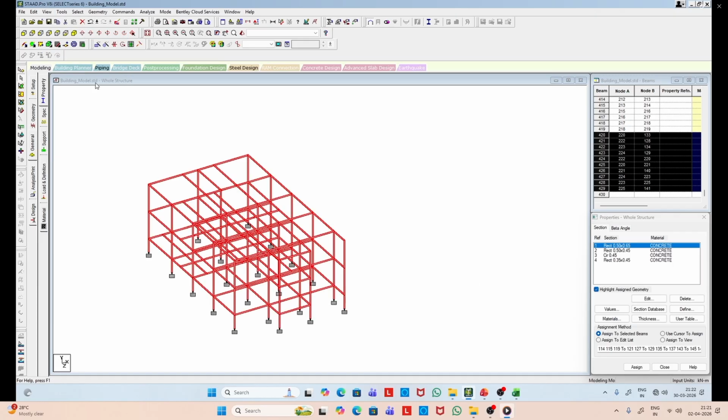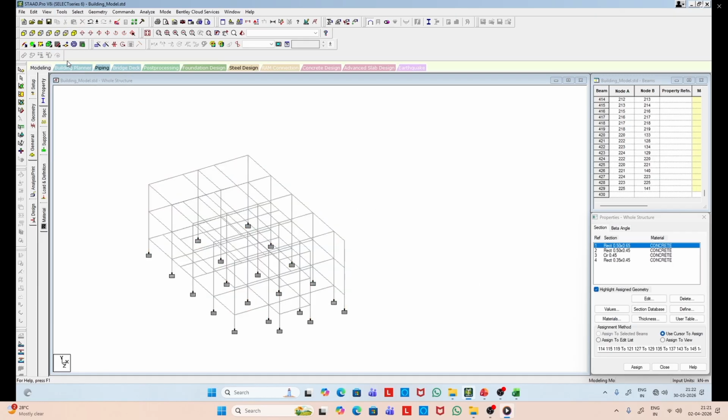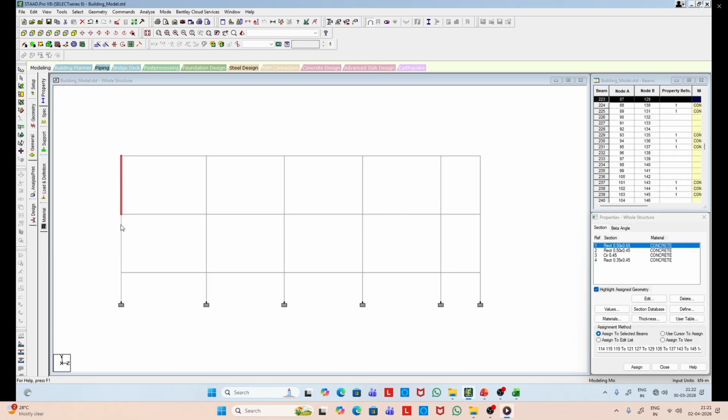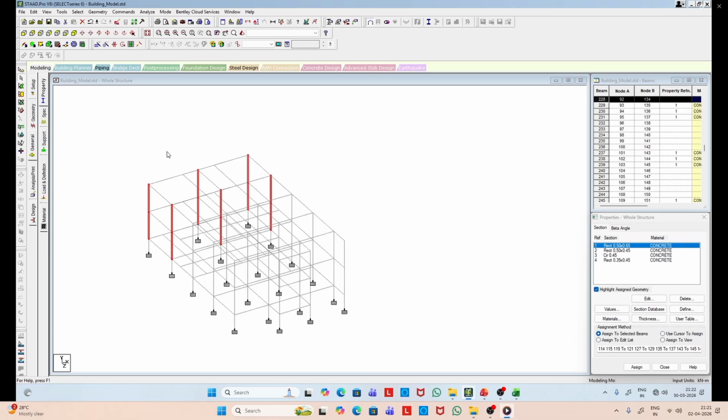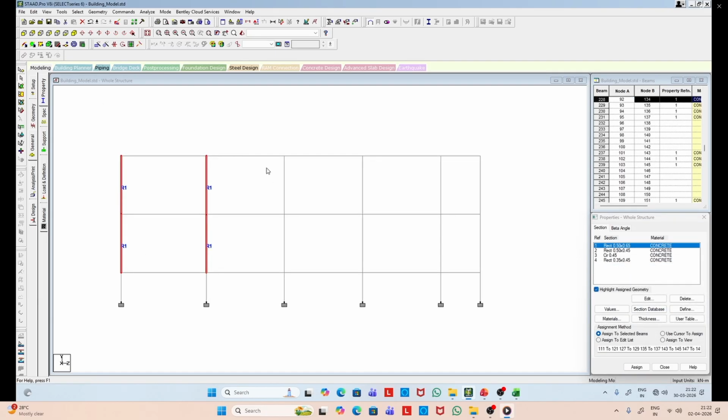Accordingly, we have to assign the sectional properties for other structural components. So these columns also have R1 as their section property.